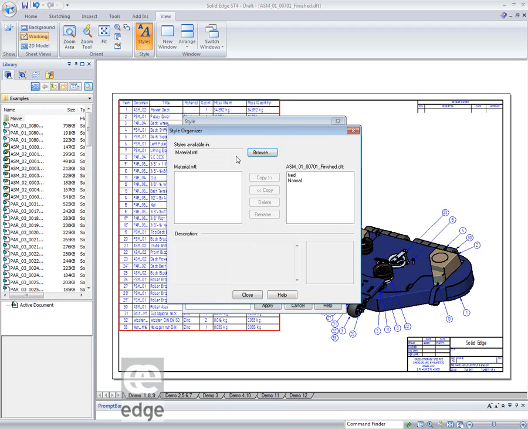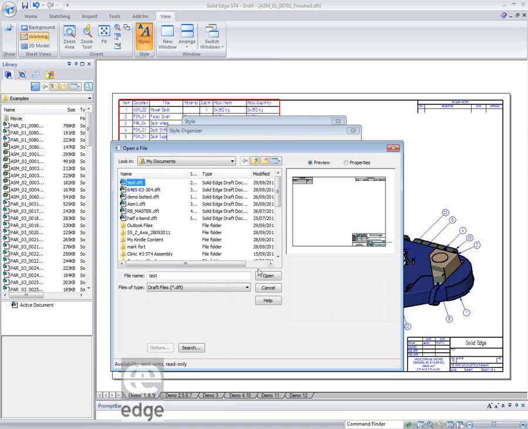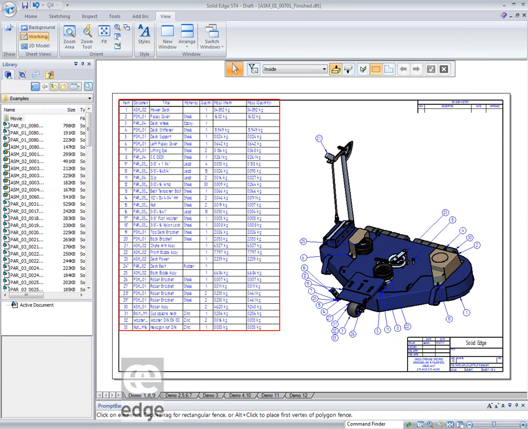It works simply by finding something, browsing for, in this case, a draft file, opening that, and it's got a couple of draft styles in there. And I can just pick those up just by copying them across into that one. Away you go. It's got help on it, of course, like everything else. Okay,